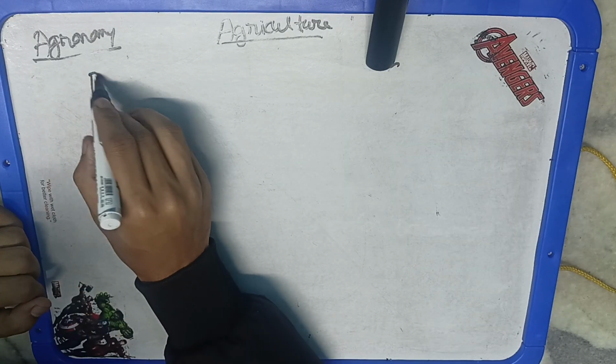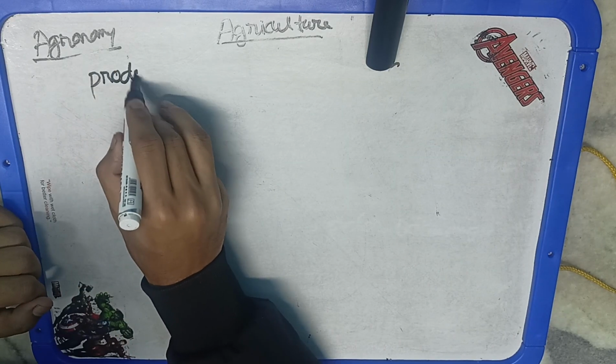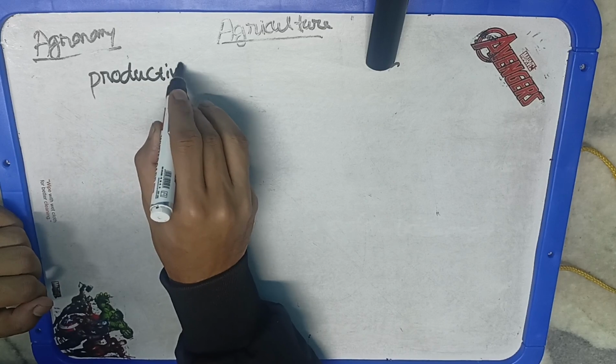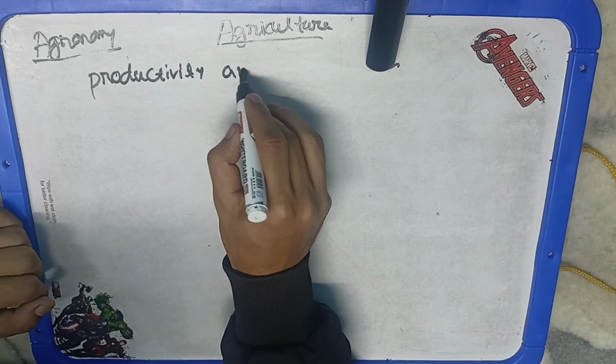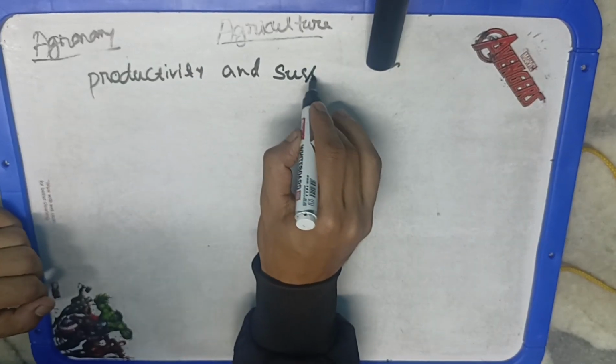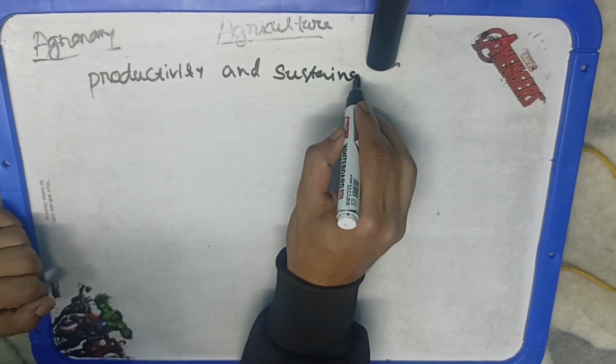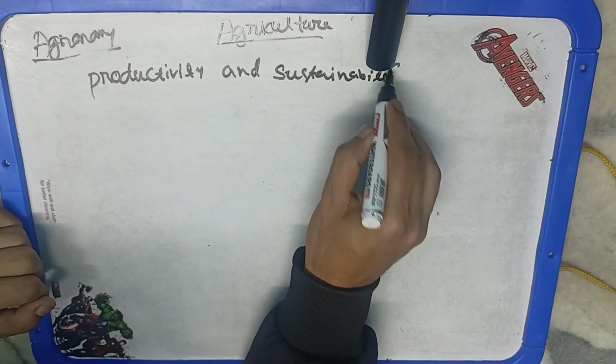Earlier we were producing the crops by using fertilizer and all the chemicals. But now sustainability is also required because a lot of damage is already done. So we have to negate all those things. So identification of the proper season of cultivation of a wide range of crops comes under the scope of agronomy.